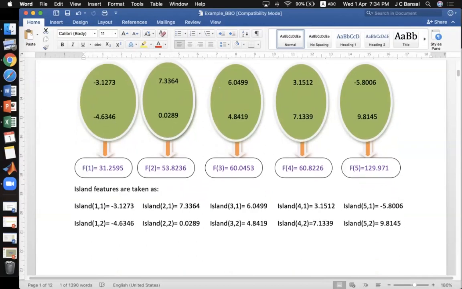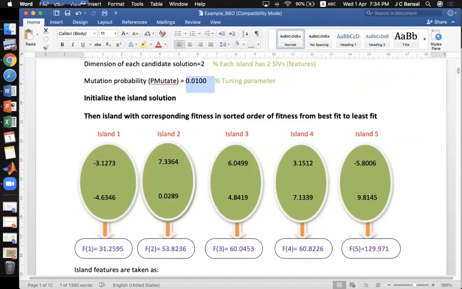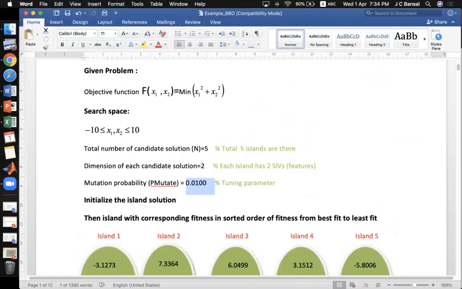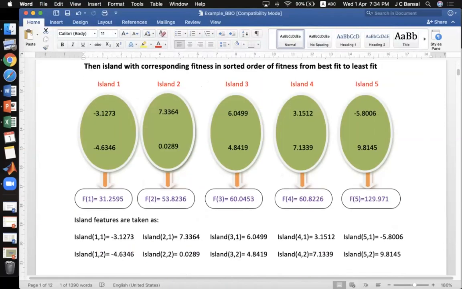The very first step is to sort the population according to the fitness or the objective function value. As you can see here, it is already in sorted order. The problem is of minimization, so the minimum value is a better value. So this is the best solution, this is the next best, and next best.